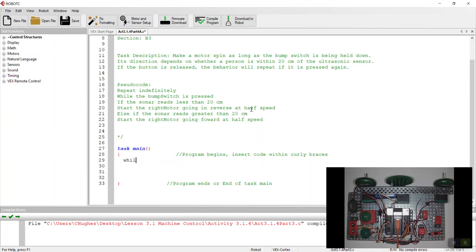I'm going to write it all over at the left side: while 1 = 1, I need a left curly brace to set up the start of my while loop. I'm going to go down and put a right brace so that I know anything in between those two braces is going to be repeated. Then I can start to say if the sensor value of the sonar is less than 20,